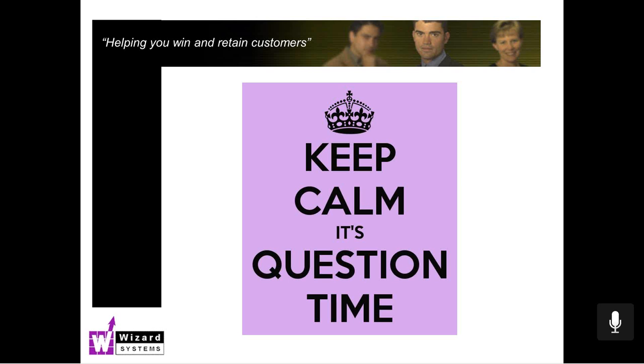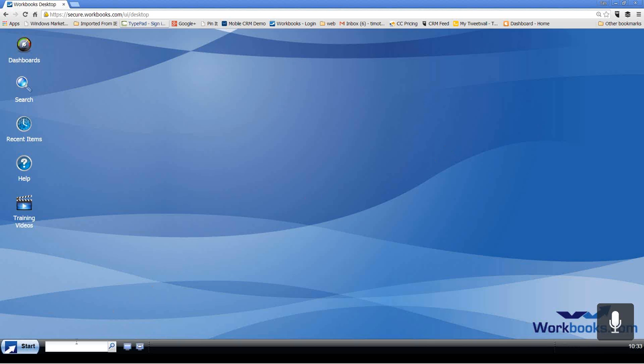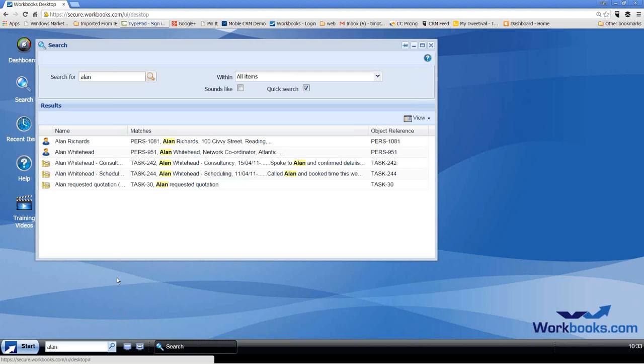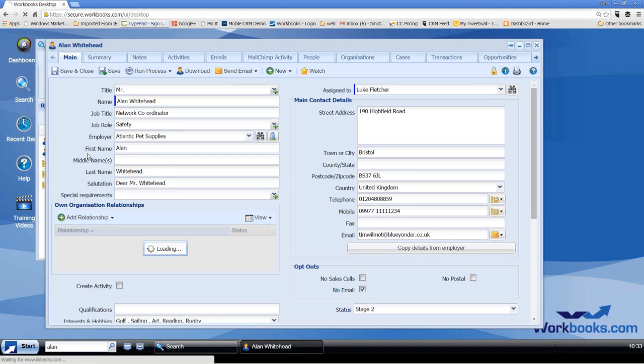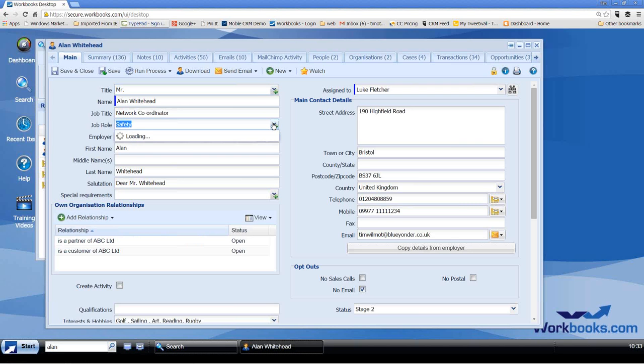How do I alter the pick lists? Okay, so lots of fields in Workbooks. If I go back to Alan's record, for example, let's do a quick search there on a client called Alan, and we've got these different drop-down lists here.